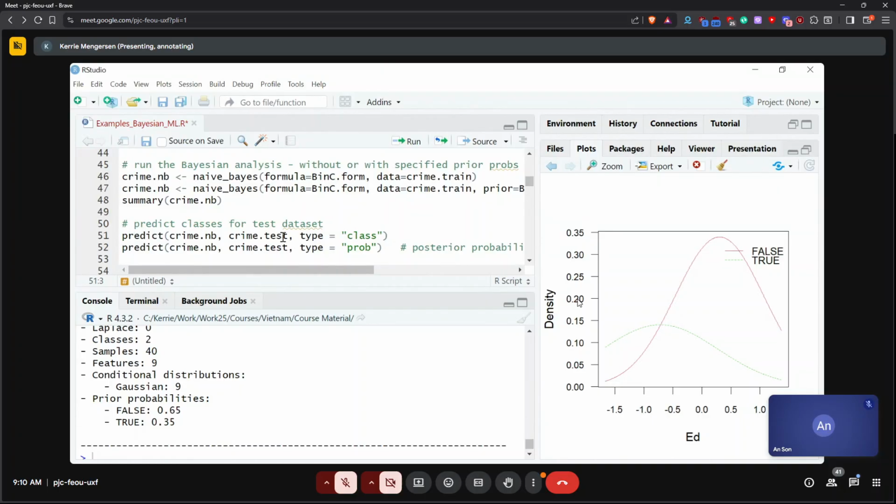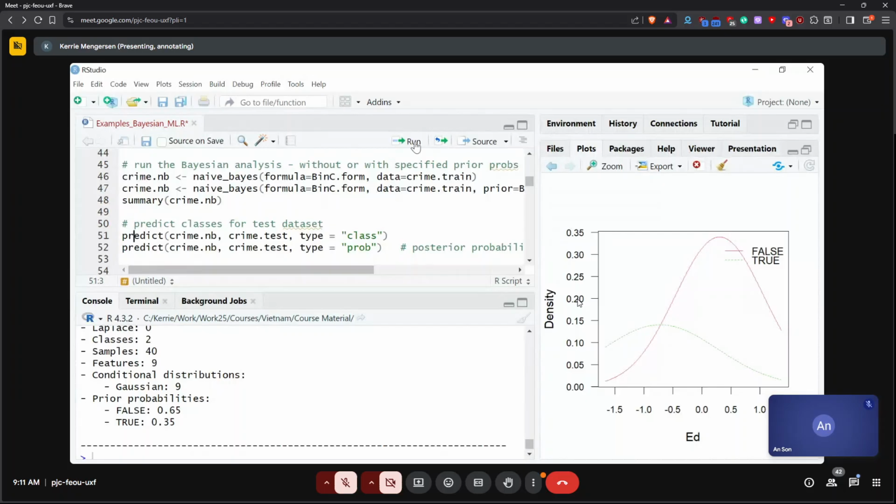We've done that because we keep the test data set, the analysis hasn't seen that data set, and we can see how well the analysis does at predicting the results of these new data that it hasn't seen. And I'm going to tell it to tell me about the class of them. So it's going to tell me whether that test data set, which only has 7 observations, is going to be in one class or another.